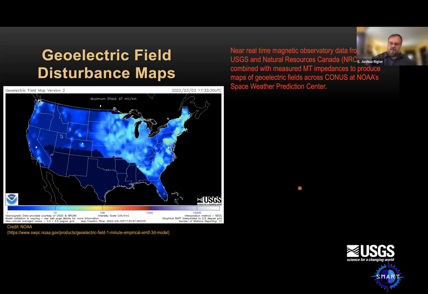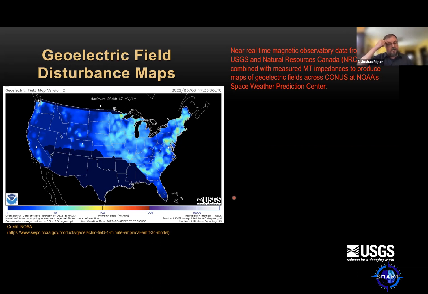Here's an example. It's not a terribly active time right now, but I pulled this off of their web page a day or two ago. You can see how the higher electric fields arise exactly where we expect them to, where we have those high impedances. Those capture the spatial variation, but it's the time-varying magnetic fields that would cause these to go into yellow, orange, red, and even purple during large magnetic storms. This is an operational, near real-time space weather tool being used at SWPC.